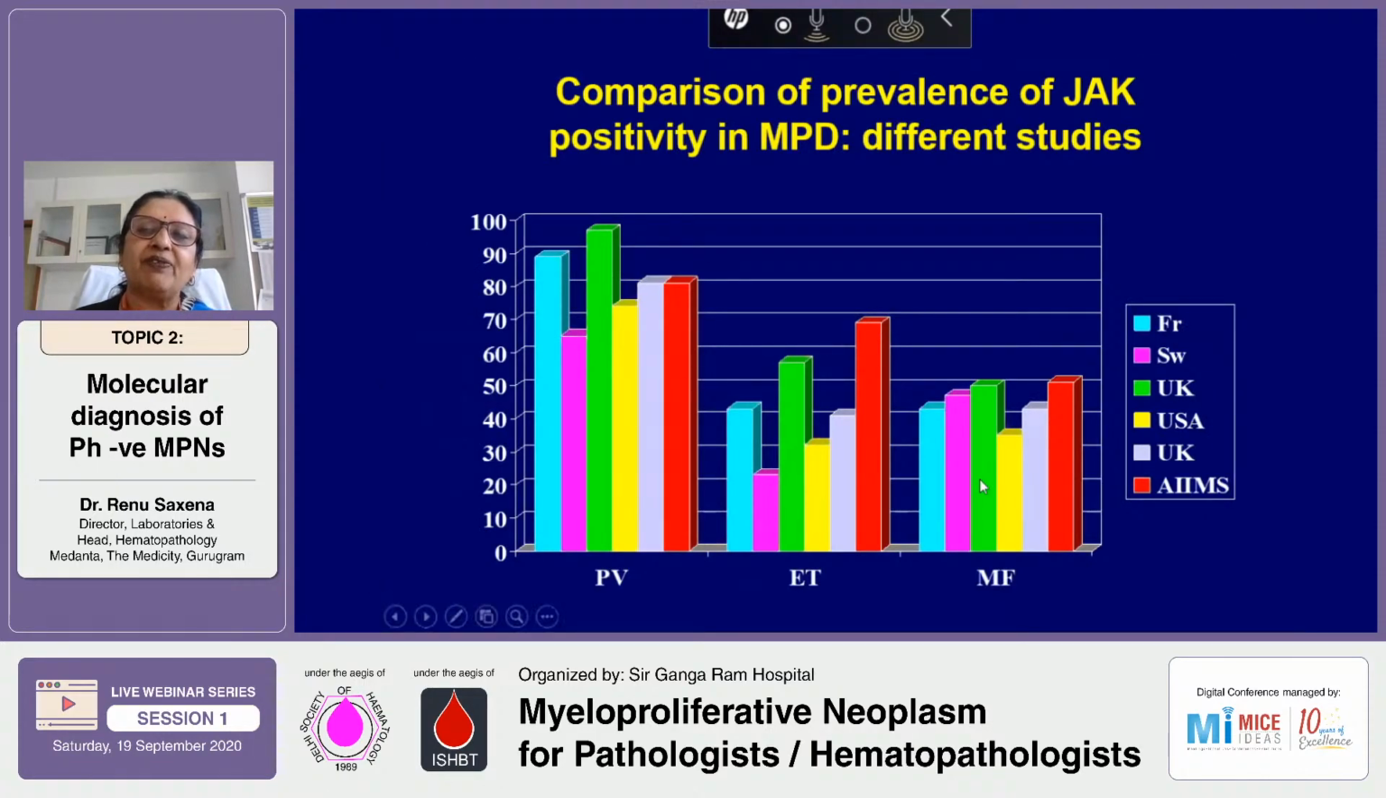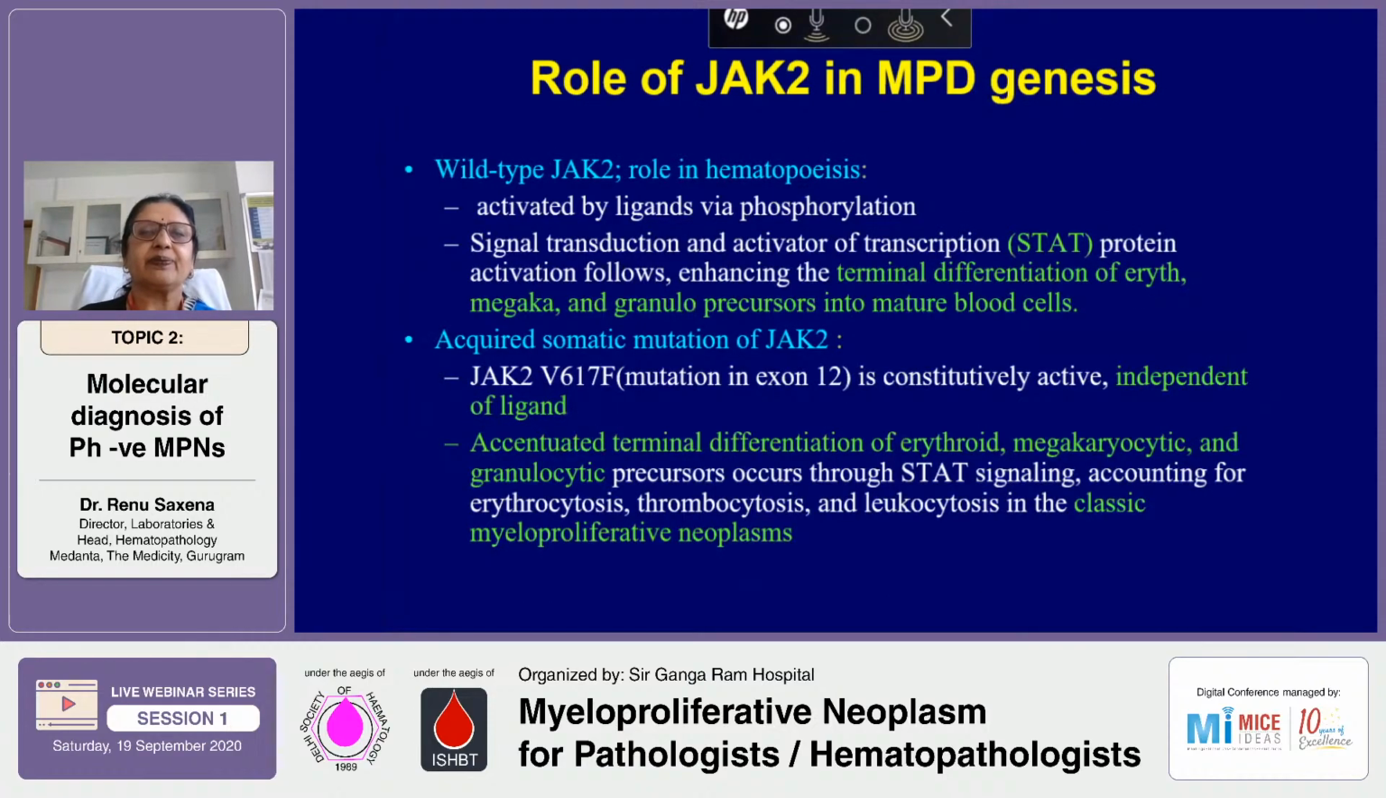When you look at the prevalence of JAK2 mutation in India compared to elsewhere, you find that JAK2 mutation is not as high as 95%, but still the highest number. ET is slightly on the higher side. MF is almost the same percentage, about 50 to 60. So how does JAK2 mutation lead to